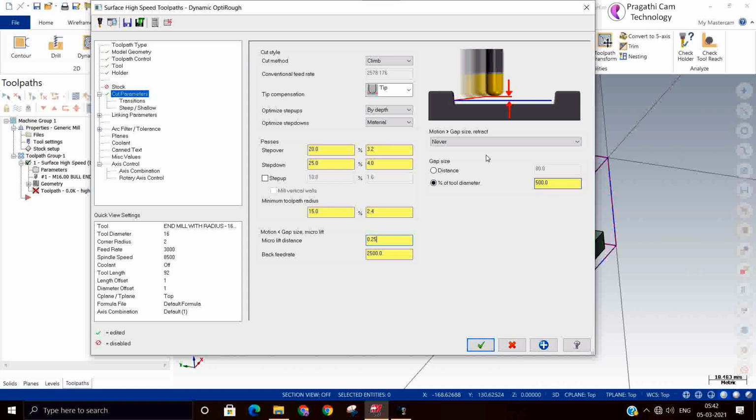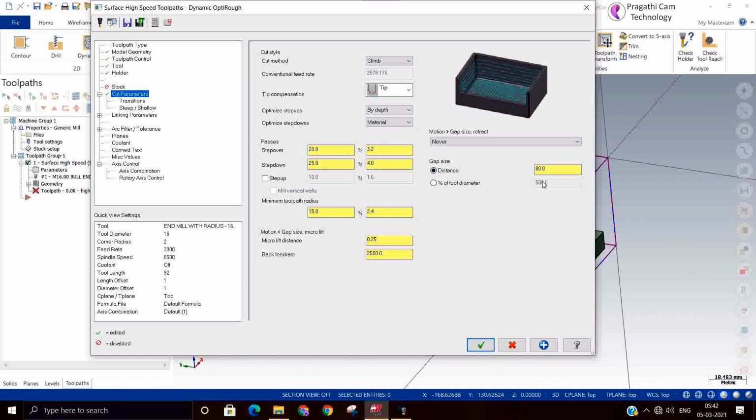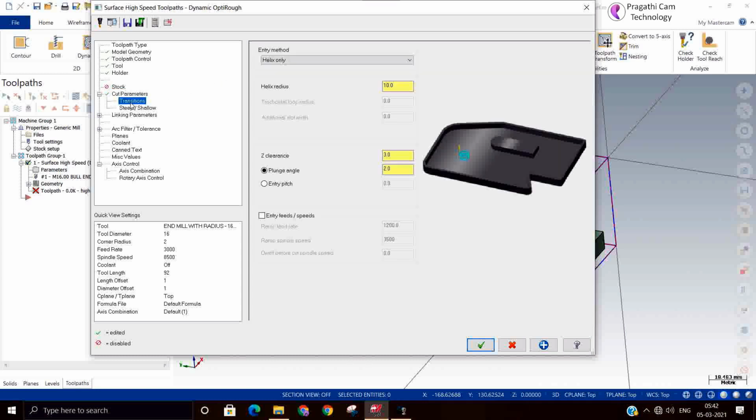Next is the transition. Entry. This is the entry only. How does it have to enter? Helical, or helical followed by other methods. There are methods, you can switch on and see. Trochoidal is also available. Profile ramping is also available.